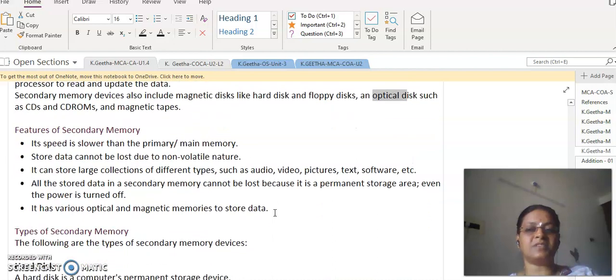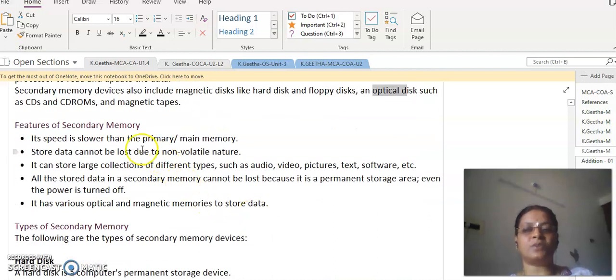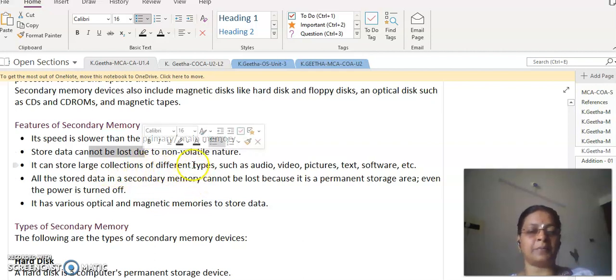Coming to the features of the secondary memory, the speed is slow when compared to the primary memory, but the size is going to be huge, and the data will not be lost because it is non-volatile in nature. It is permanently stored, and it can store large collections of data for backup. Whenever we want to back up multimedia content like audio, video, images, textual data or any kind of software,